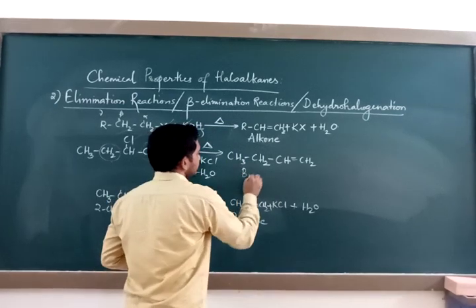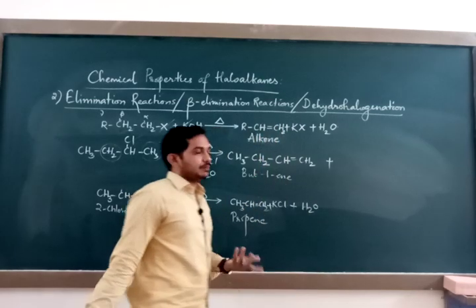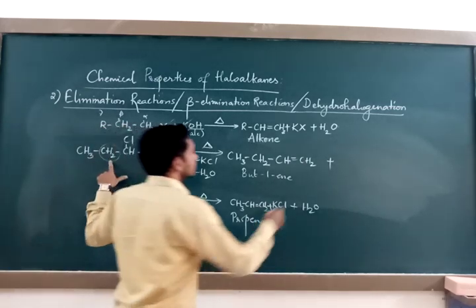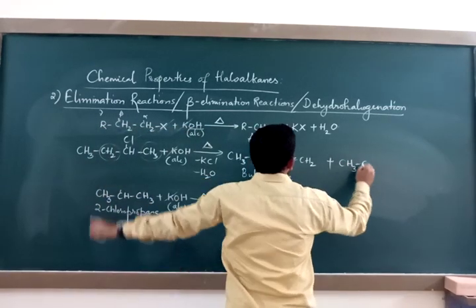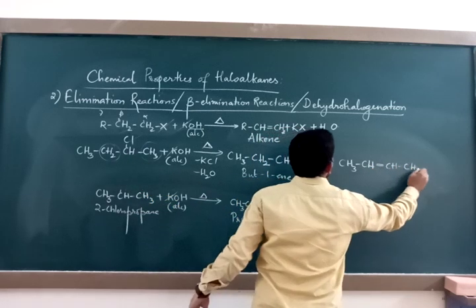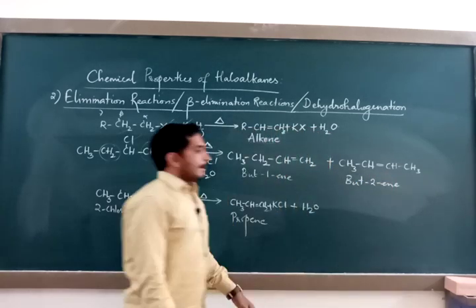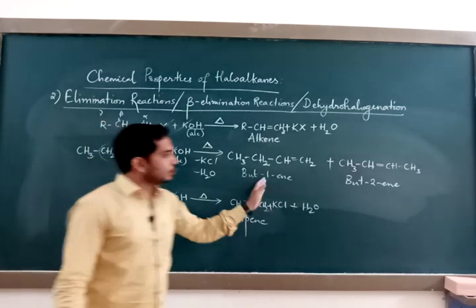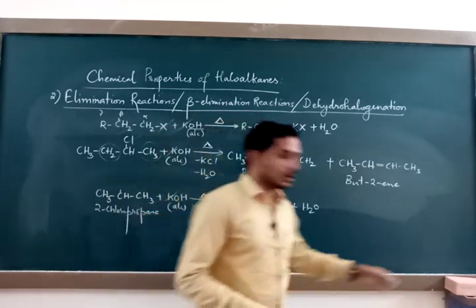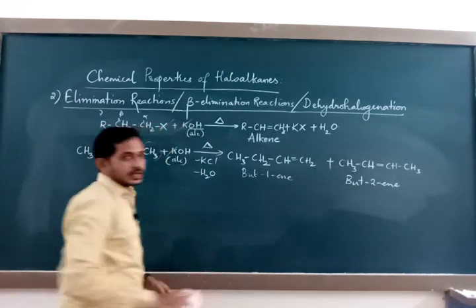This could be one product. What is this product? But-1-ene. Or else, you have a second chance of eliminating hydrogen from here. If it is done from here, then the product will be CH3CH double bond CH-CH3. It is butene, but-2-ene. Identify the major product. Both seem to be correct, but only one is the more appropriate answer. Which one should be the more appropriate one? Simply guessing will not help. This is done according to a rule called